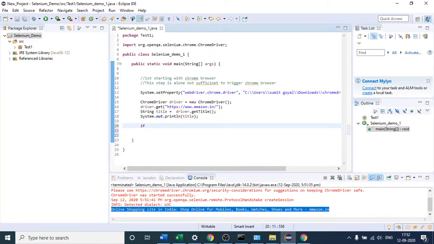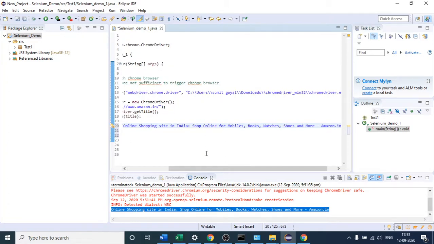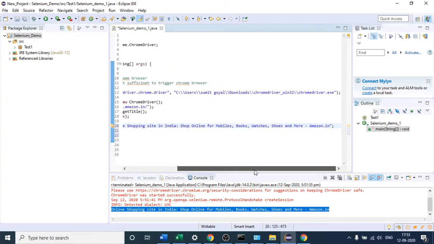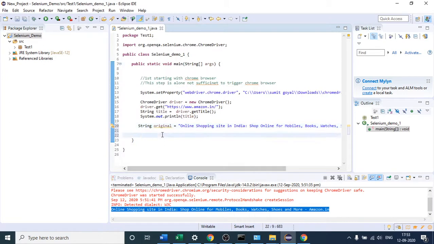So what is the expectation from this? I want string original equals to, so this is the one. Okay, so this is the title. We have copied it successfully. And let me write it this way, title extracted, right?